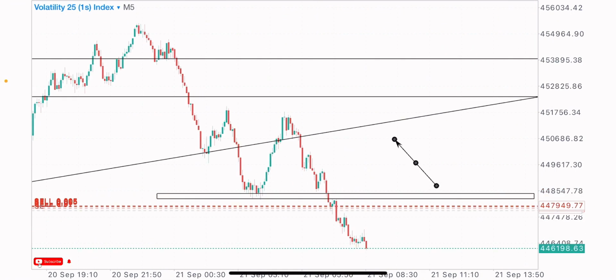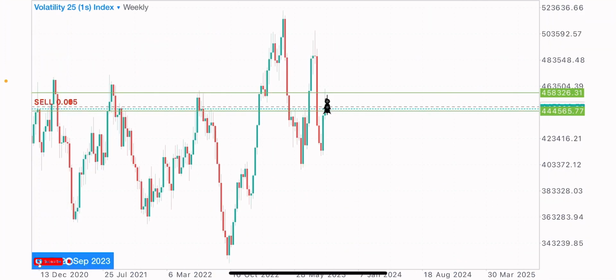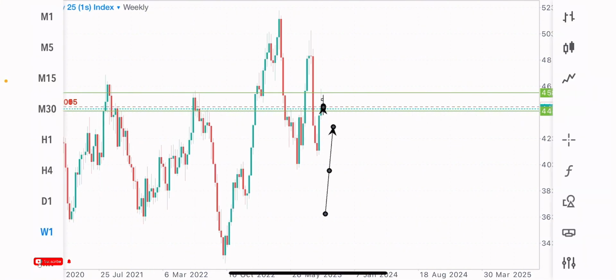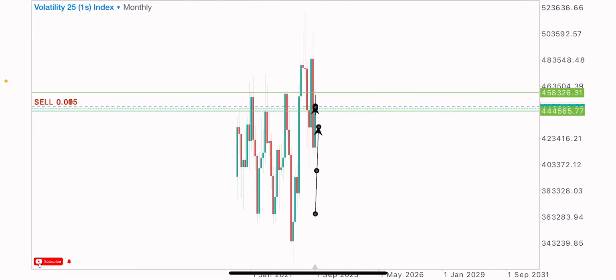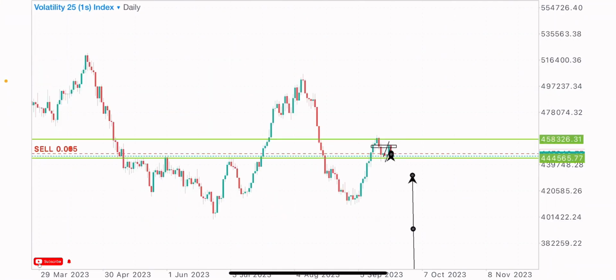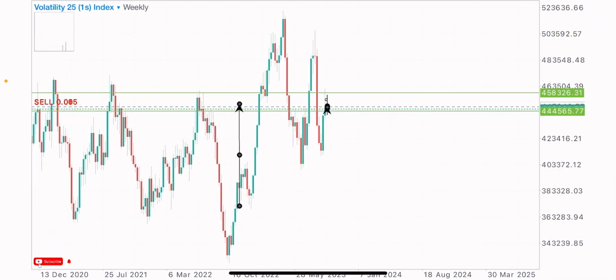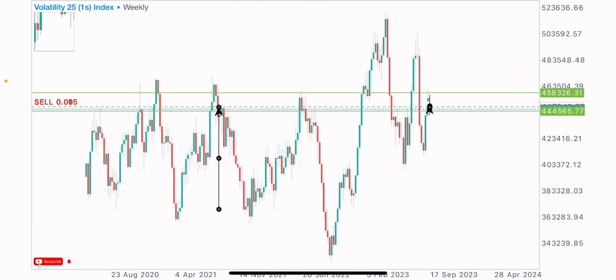So what's my market analysis? I was able to see this trade opportunity. Firstly, I went to the weekly time frame, as I always do. I start from the higher time frame whenever I want to look at trade opportunities. Whenever I want to analyze the market, I start from the higher time frame. It can be the weekly time frame, the monthly time frame, or the daily time frame. So here, I started from the weekly time frame to analyze this index, and you can tell that the market